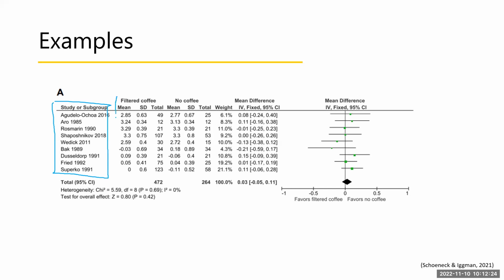And then this information right there is the information about the individual studies, right? So you got the mean, the standard deviation, the total number of participants, that sort of thing. And then the weight is the weight that the authors,